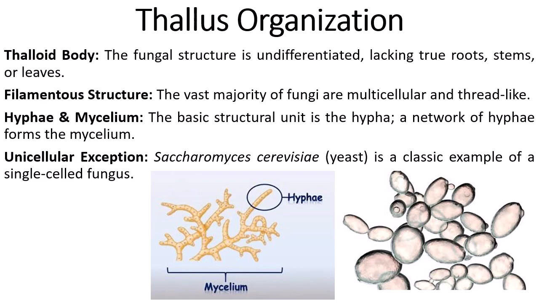As far as their thallus organization is concerned, the plant body of fungi is thalloid, as you already know that when it is not differentiated into true root, stem, and leaves, then that is called as plant body thalloid, and fungi show this type of organization. Then the thallus organization is of different types, that may be filamentous, that may be composed of a simple hypha as well as a group of different hyphae together, which is called as a mycelium.